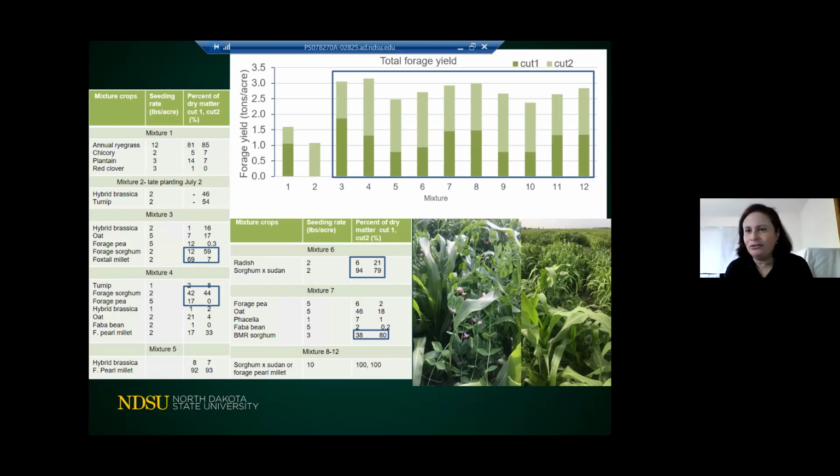You have to reduce your sorghum or millet rate to give a chance to the legumes at least to be there for the first cut, to get a chance for the brassicas to be able to regrow for the second cut. You see in this treatment, everything pretty much is gone. Even the oats on the second cut is not very good. And on the second cut, the BMR sorghum took over, and it's 80% of the mixture. Okay, so we're going to repeat that this year, and it's been an interesting